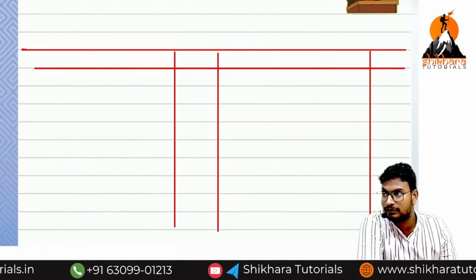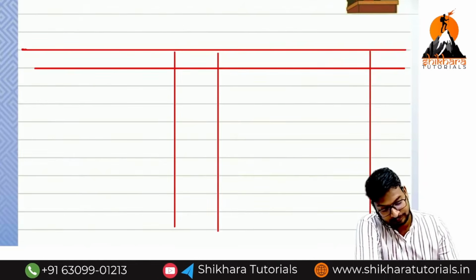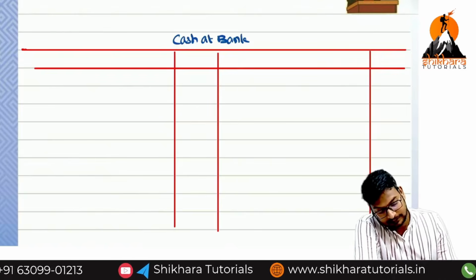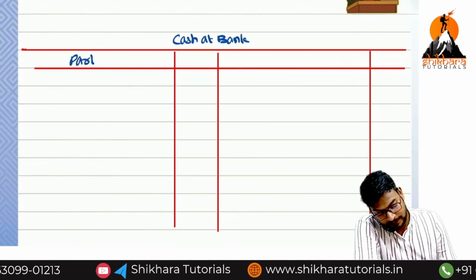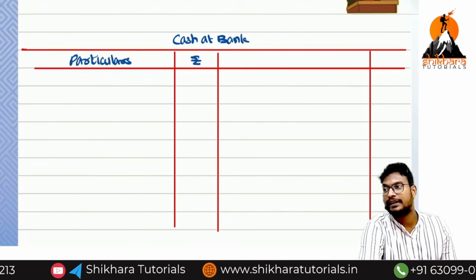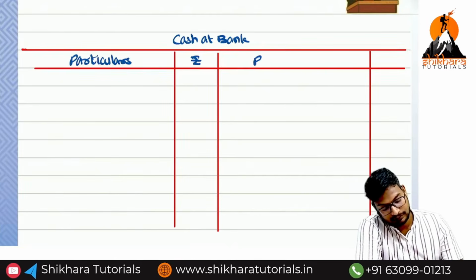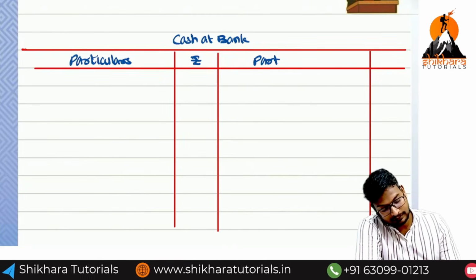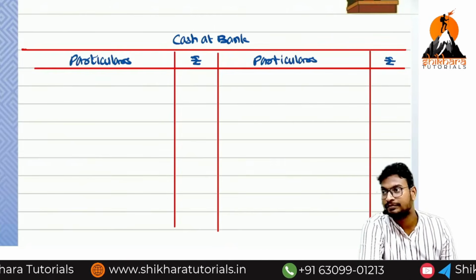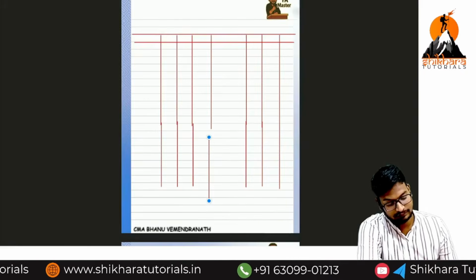Not doing. Completed already. Cash at bank. So practice with the scale, because in the examination you need to draw the lines. So you practice now itself, you can get this fastness. So next one,